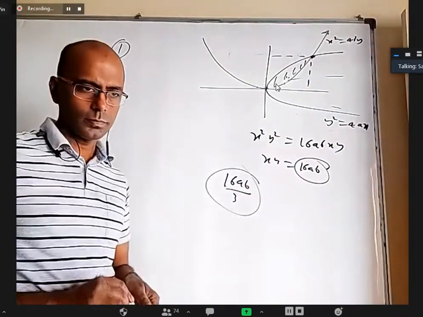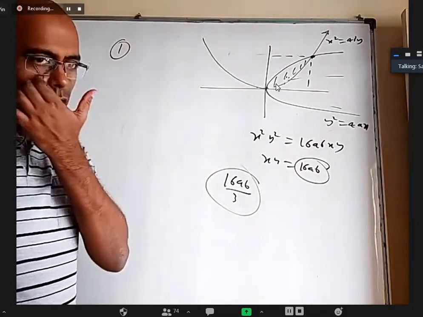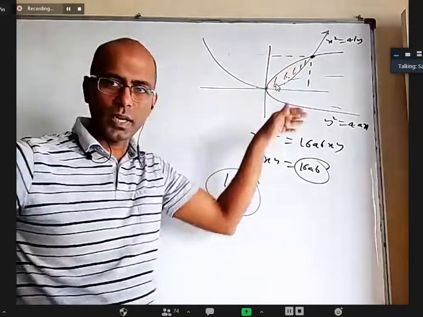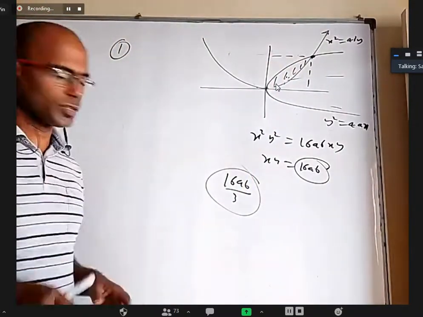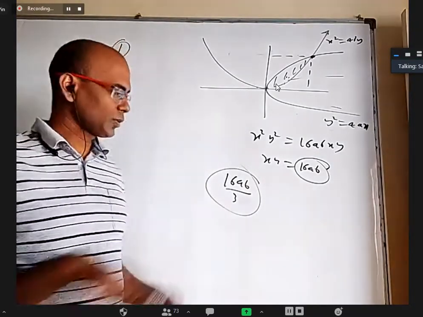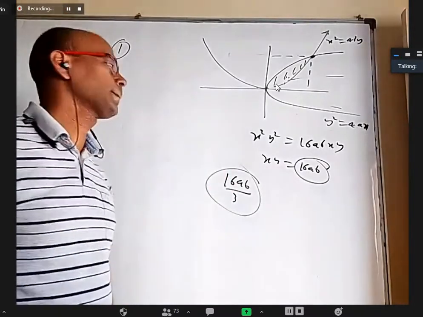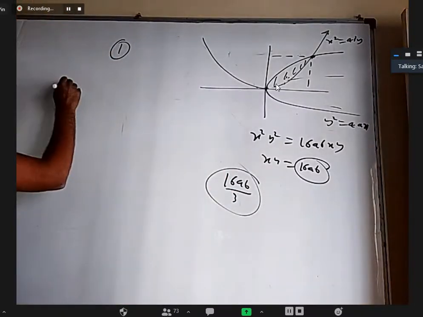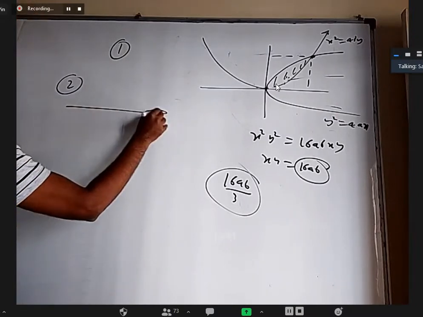Is it clear? Yes, sir. Okay. So we saved a lot of time finding the point of intersection and writing the integral part. If you see in the class also, in some questions I did not do integration, I wrote the answer directly, one or two times. You may not know that I have done all the calculation. I just did it like this. There are some things.